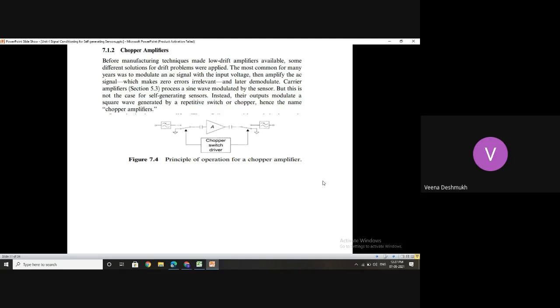So to do this amplification, in some cases clocks were used. There are several advantages of using the clock signal instead of a sinusoidal signal. If you use a sinusoidal signal, the two side bands have to be properly adjusted such that no over-modulation happens. So in the process, there is a possibility of some information being lost along with reducing the DC offset.